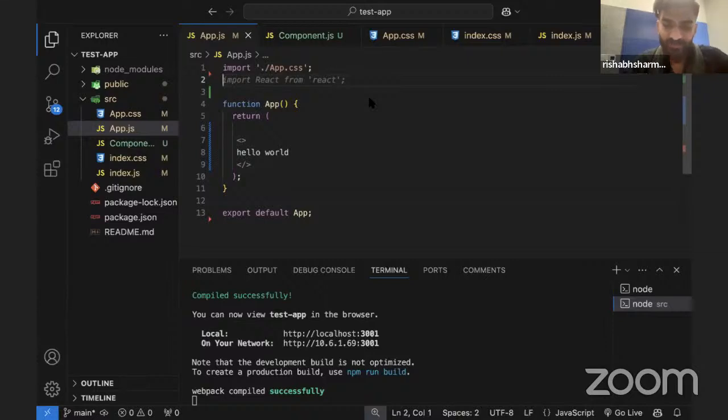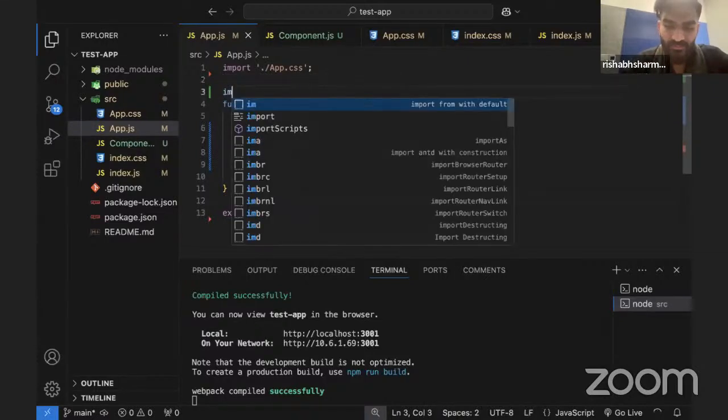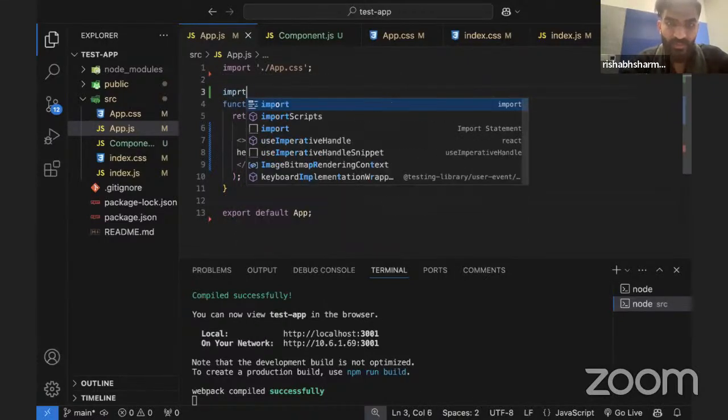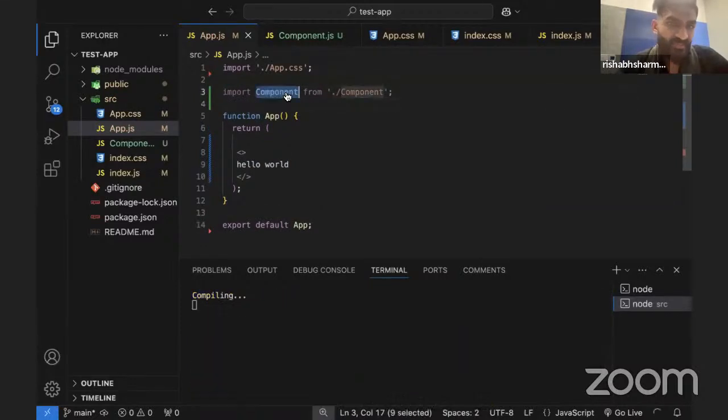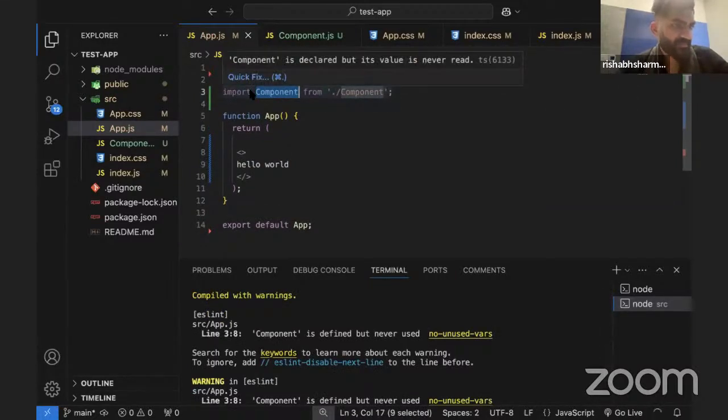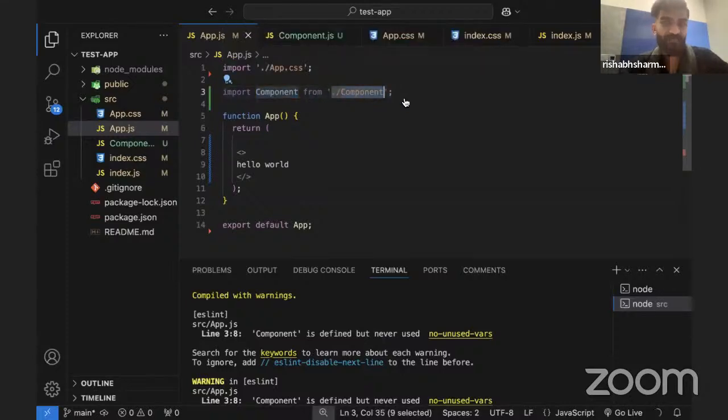Yes, import. Perfect. So I will import component from this component. So this is my function, this is my component's name, right? This is my component's name and this is the path jahan se main usko import kar raha hu. So since I'm importing it from this path only, I will give the path like this and yep, it is done. So now what I need to do, I have imported it and मैं इसको यहाँ पे क्या कर लेता हूँ,